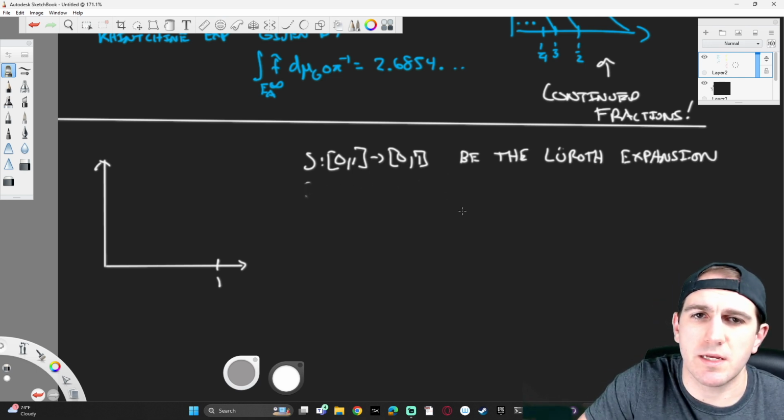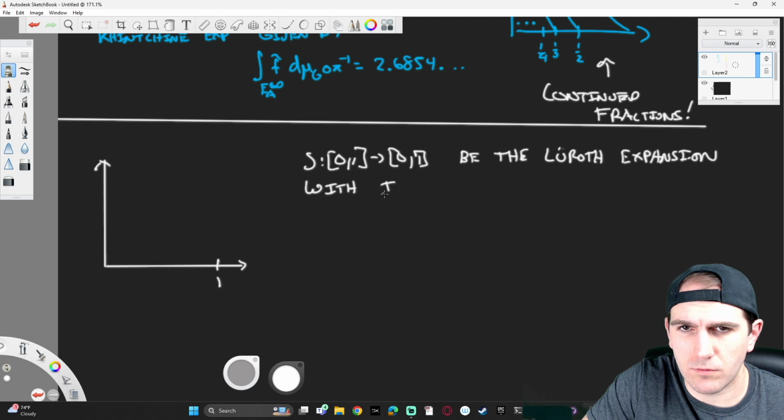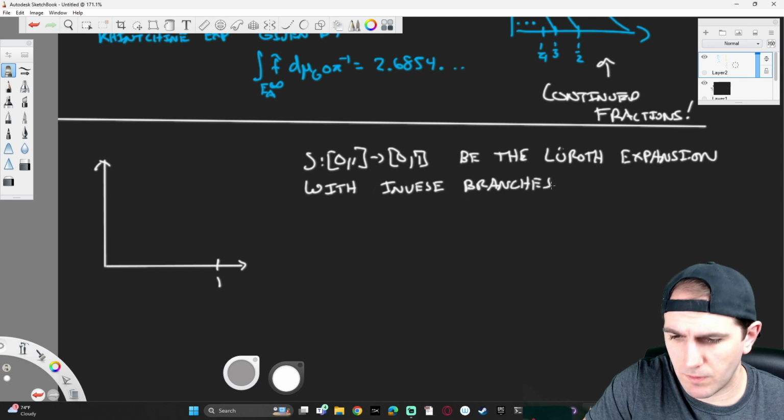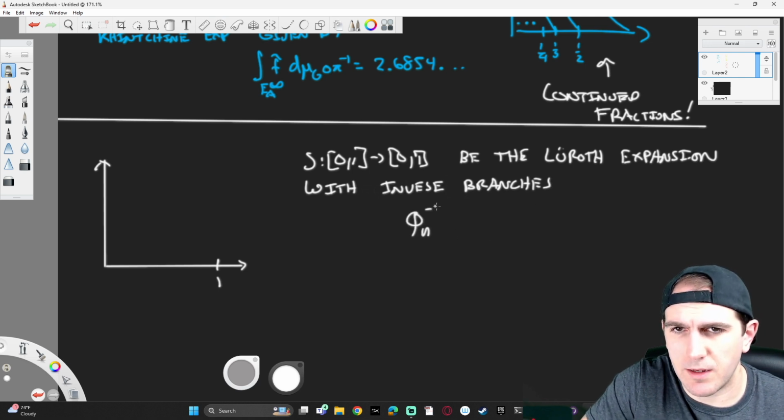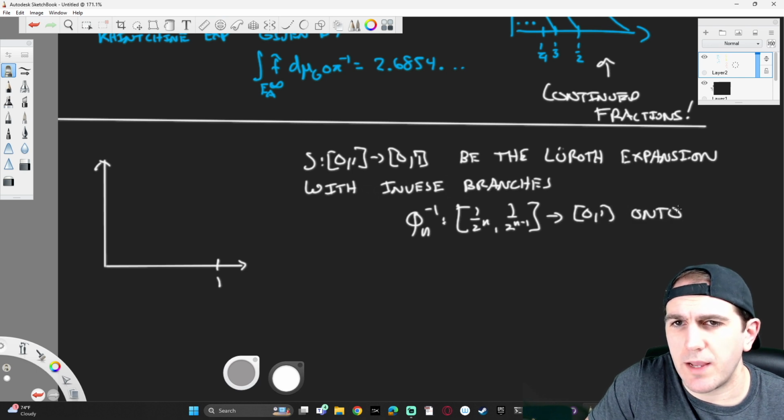I instead just want to say that it has inverse branches, B_n inverse, which goes from 1 over 2 to the n to 1 over 2 to the n minus 1 to 0, 1 onto,